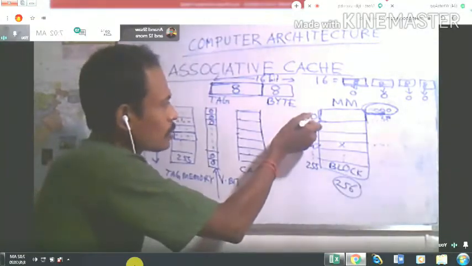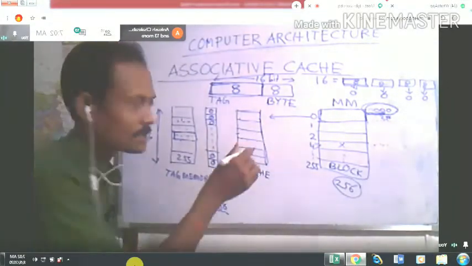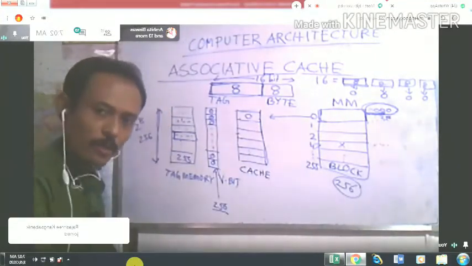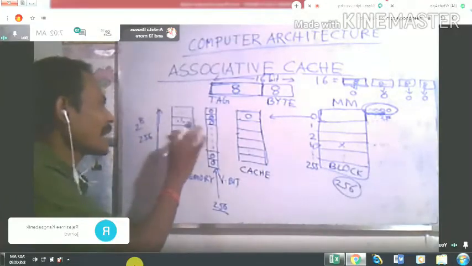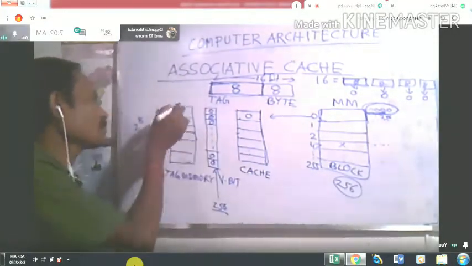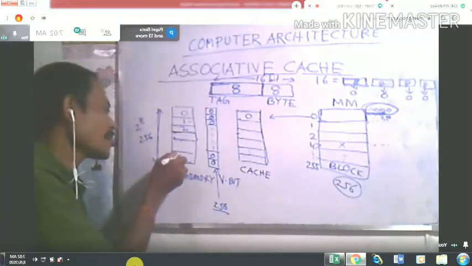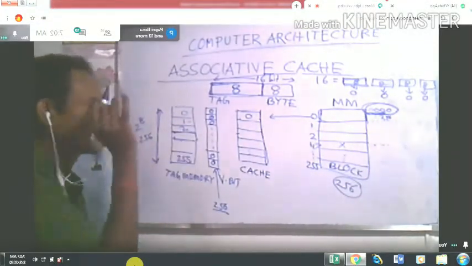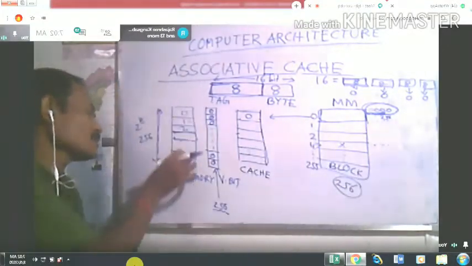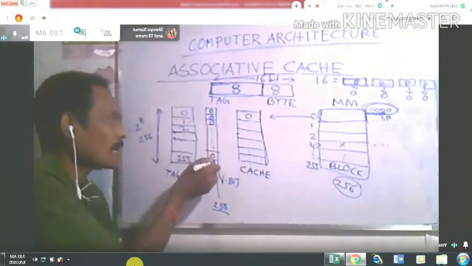Suppose now block 0 comes in the cache memory. This block 0 will be placed here, and the tag memory will also be initialized by this particular tag address. There are 256 block addresses. Clear? Initially all are 0.